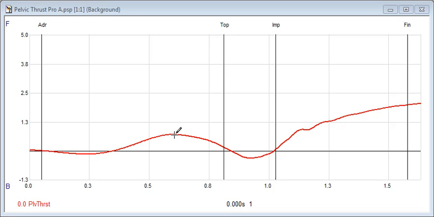So here we see a little bit forward, but you can see that this says 1.3 inches. So it doesn't move more than about an inch. And then as we approach the top and start the downswing, the pelvis sits back. So we have a negative thrust. We actually push the pelvis backwards. It moves backwards, then as we transition onto the lead leg, it starts to move forwards again as we rotate